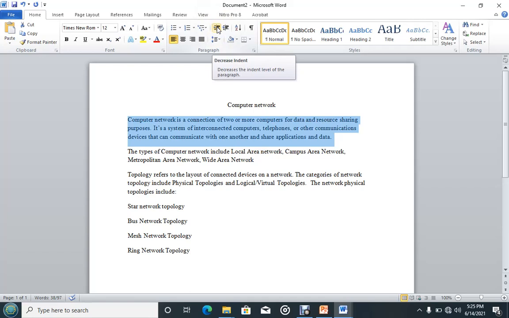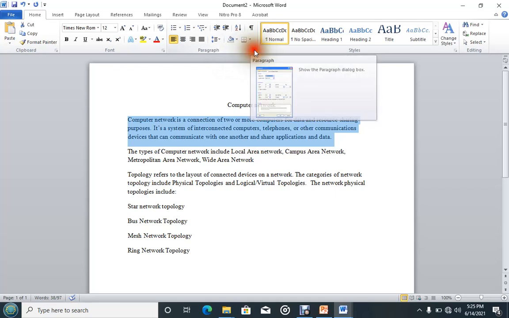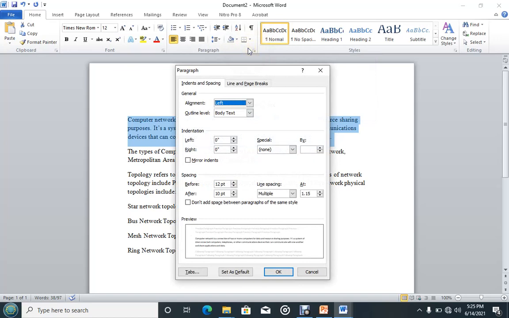Then under paragraph here we can either use this one, that's decrease indent, or increase. But in most cases I don't like students or other people to use that. What you need to do is come to this launcher here. You can see where my cursor is, that small arrow there. When you click on it, it gives you other options which are hidden. Then under that we have indentation here, and there is right, left, then special, the ones I talked about, first line and hanging indentation.